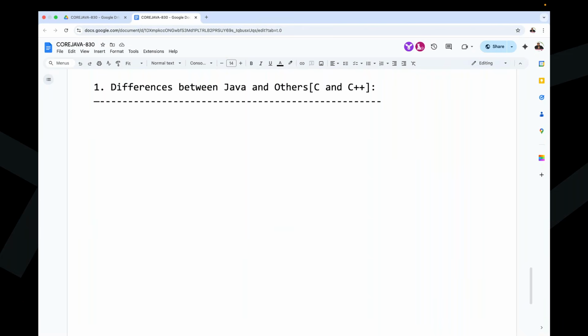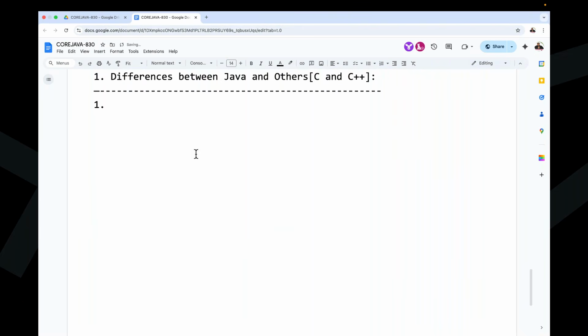Now here we are going to understand the answers clearly. To answer this particular question, at least we have to open our mouth and answer that question. To answer this question, I provided a set of differences between Java and the C and C++ programming languages. Let's understand all these differences now. The very first difference I'm telling you guys, now observe carefully. The very first difference is: C and C++ are static programming languages.